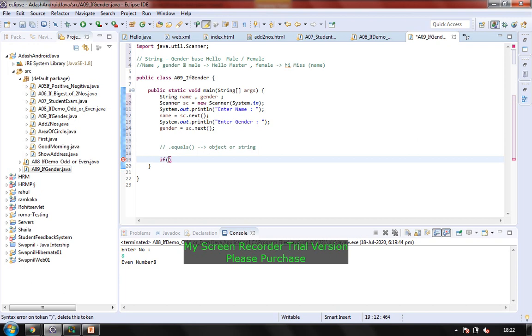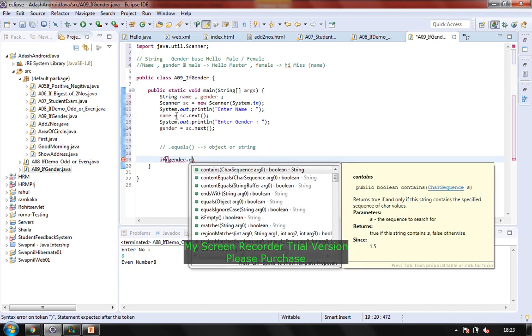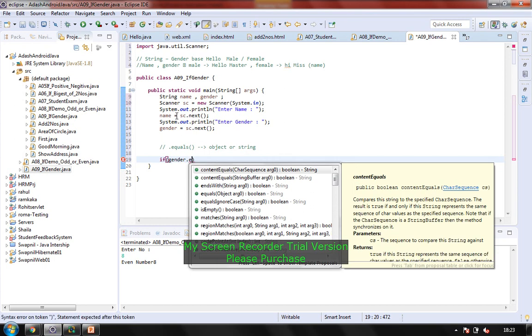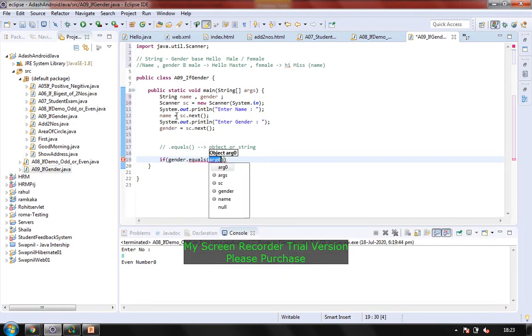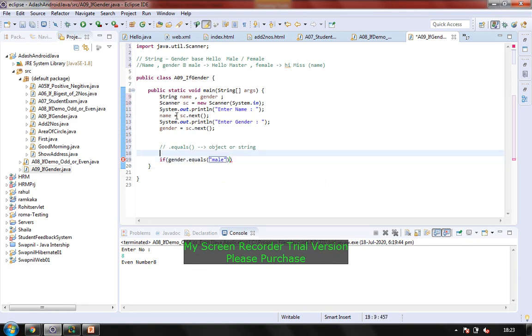I'll be checking for gender, that is gender dot equals, and I'll be writing the correct word. See, it can be male in small letters or it can be in caps.